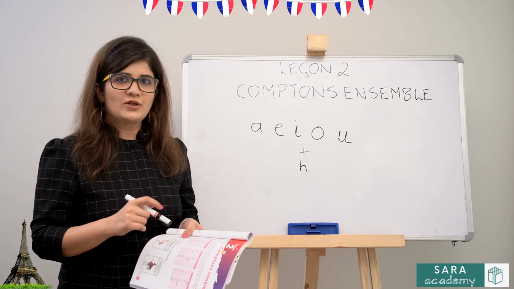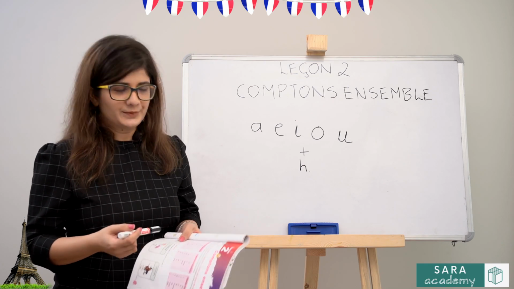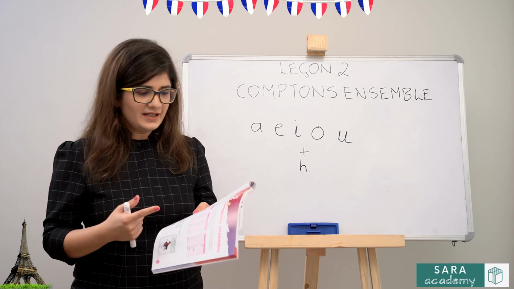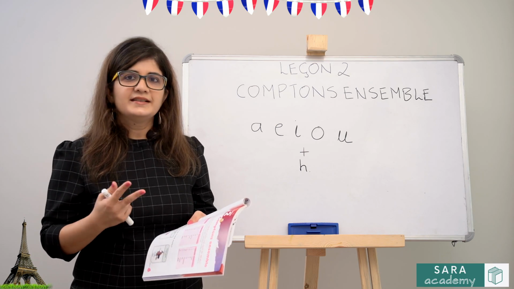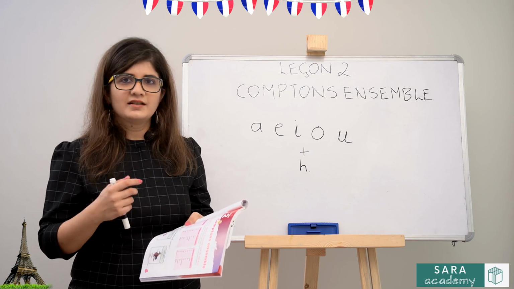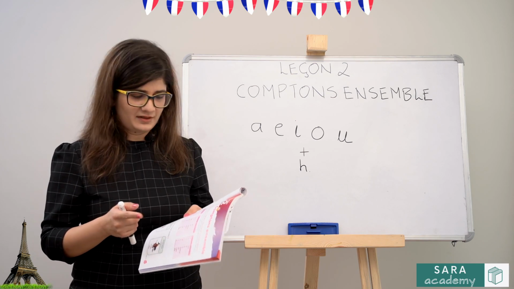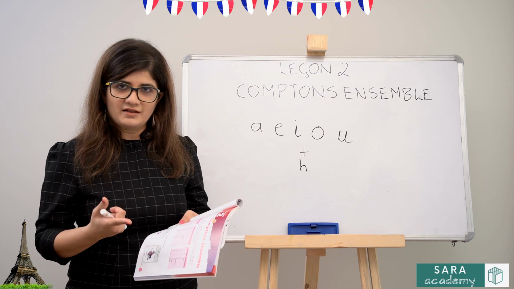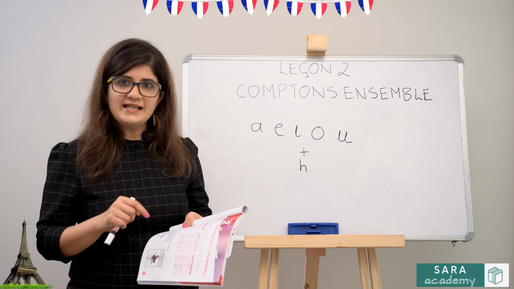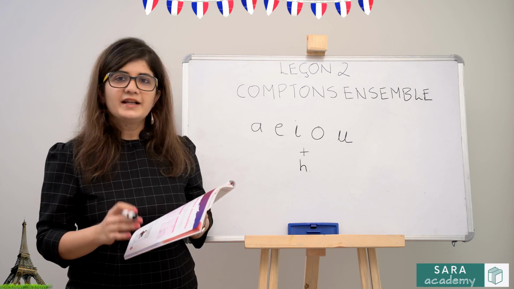Let us learn how to pronounce the ABCD in French. This will help us in pronouncing the words better. So A is A, B is Be, C is Se, D is De, E is A, F is F, G is J, H is Ash, I is E, J is G, K is Ka,